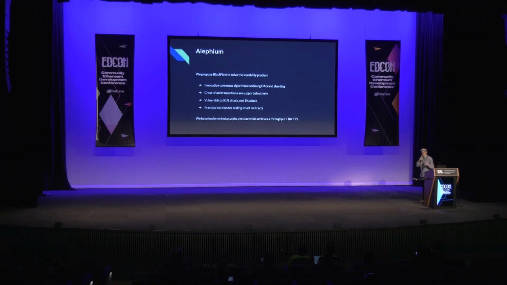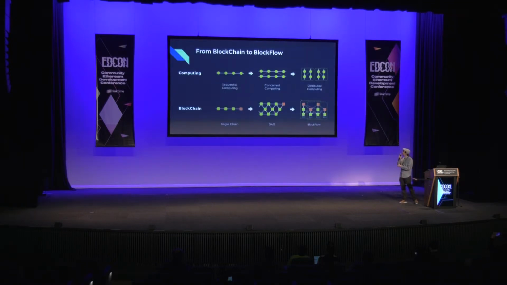Now I will give you a more detailed introduction about the algorithm and how it works. But before really getting into the detail of the algorithm, I just want to give you a quick sneak peek at the philosophy we follow. We believe that the evolution of blockchain algorithms follows the same evolution path as the computation model. You probably are all aware of this evolution of computing models. We started with sequential computing, then we moved to concurrent computing, and eventually we reached distributed computing, which is basically a shared version of concurrent programming.